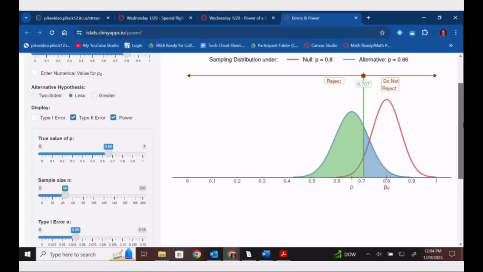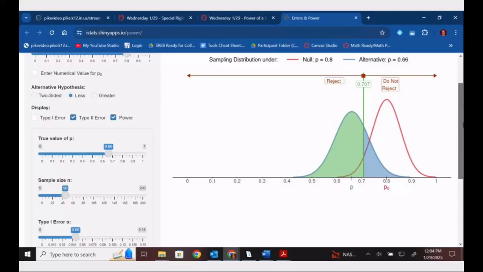I would like to give you guys a little bit of time. You need to make sure that the power is displayed. You do not have to look at both the power and the type 2. I want you focused mainly on the power. And I want you to see how you could adjust the sample size, the alpha level, or the alternative value for P, so in this case the true value of P,